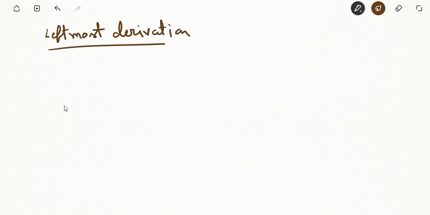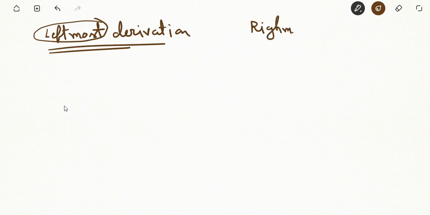So, we are talking about leftmost derivation. In each step, we replace the leftmost variable, while in case of rightmost derivation, the rightmost variable is replaced in each step.